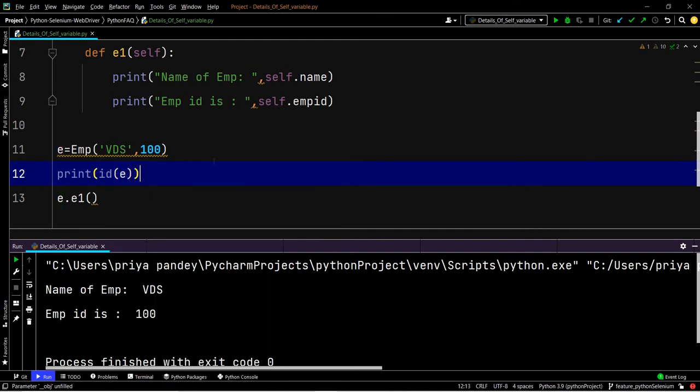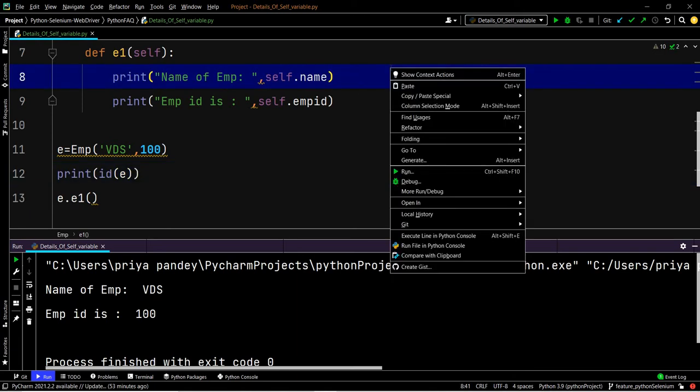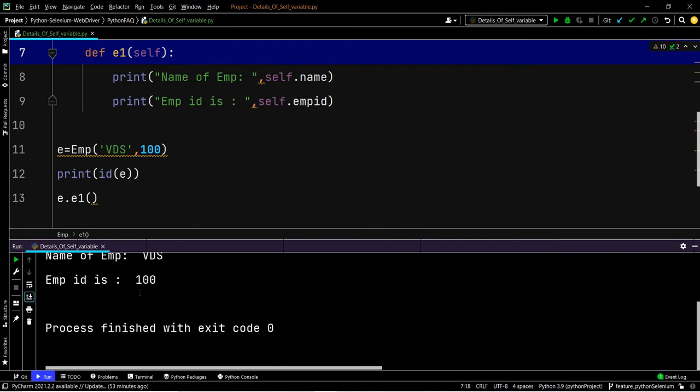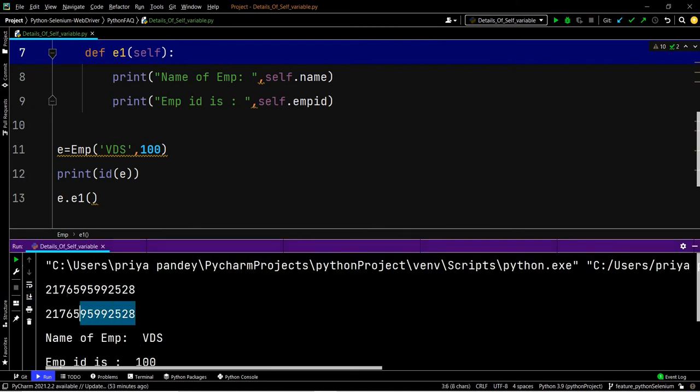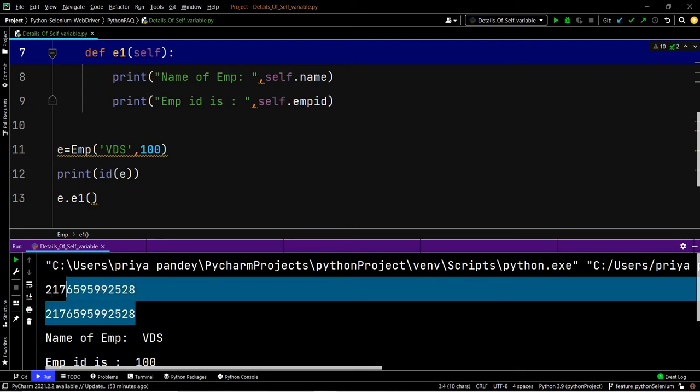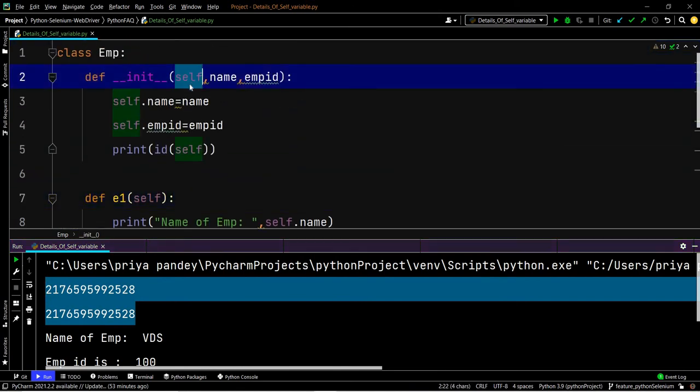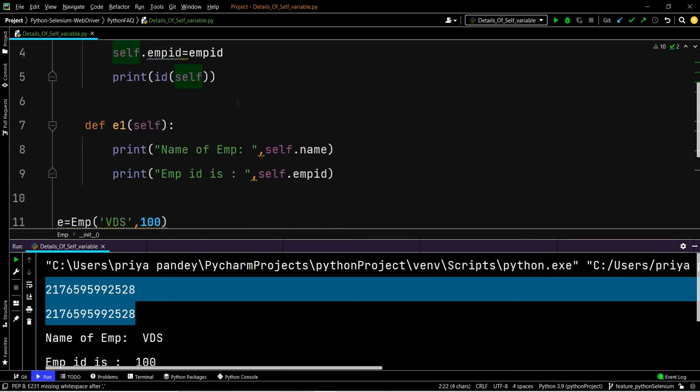If both are the same, then we can verify in this way. Okay, see here, run this one. See, both are the same: 21765959925228, 21765959925228. So that's why the self variable is pointing to the current object of the class.